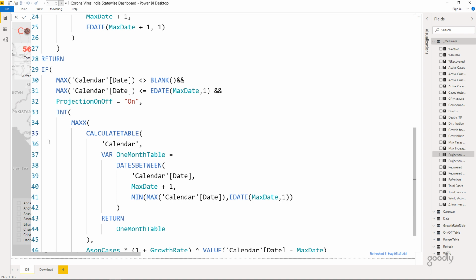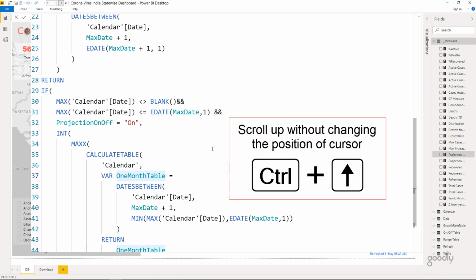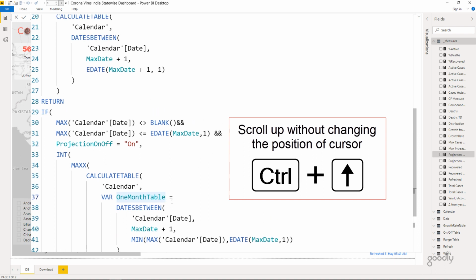Another very interesting shortcut that I use a lot is moving the screen without actually moving the position of the cursor. So what I generally do is, let's say I'm working at row number 37, and from here I just want to go up and take a look at what I have written on the top, without moving my cursor from here. I just want to sneak up to the top, take a look at what code I have written, and come back here and work. But I don't really want to move my cursor. So what you can do is use Control Up arrow to just go up, and you will still find the cursor is still here.